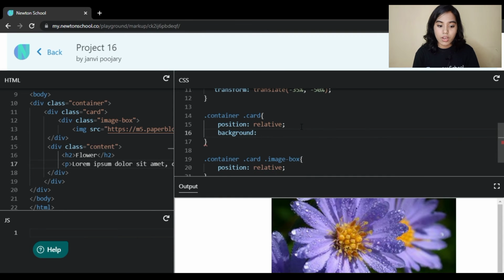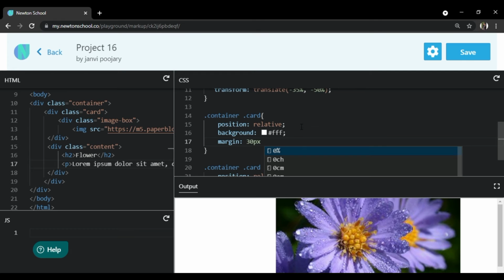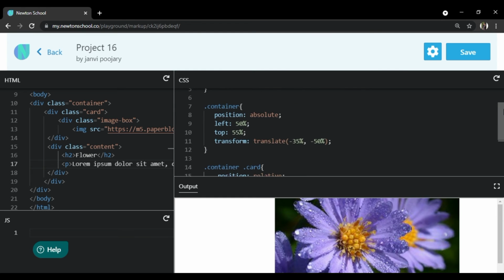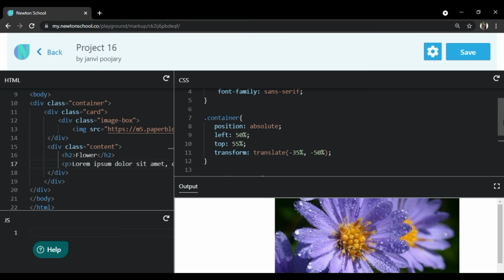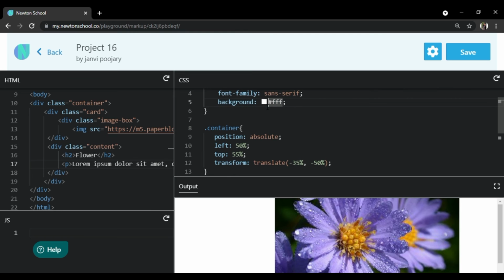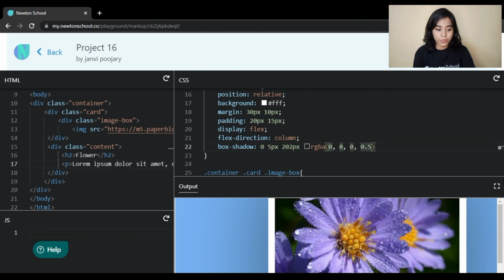Image box should also be relative. Here we are giving it a transition for a smooth effect.